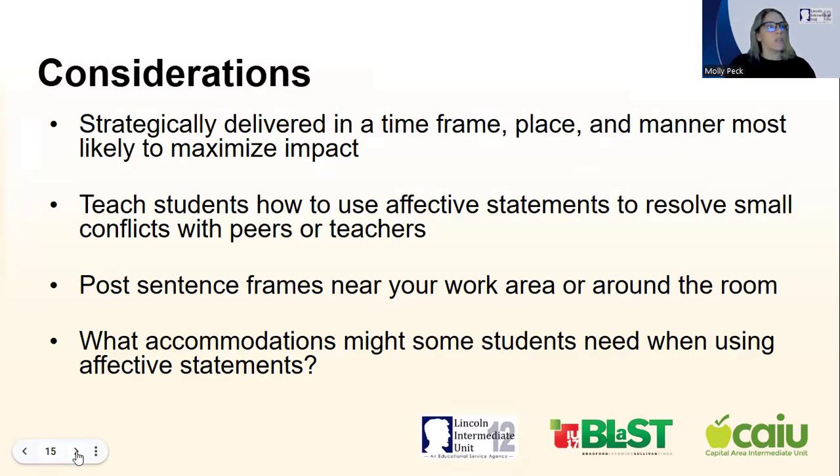Okay, so some other considerations before we move into independent practice. So, we want to strategically think through when we are delivering these affective statements, where we're delivering these affective statements, and in what manner we're delivering them so that we can maximize the impact. All right. If you are delivering an affective statement while a student or another individual is already escalated and already in a state of negative affect, then what we want to do is